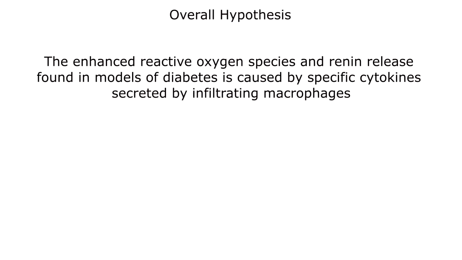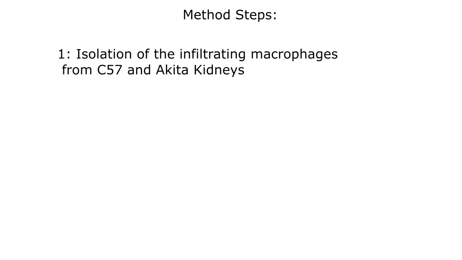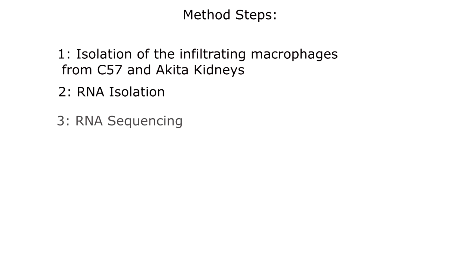The overall hypothesis is that the enhanced reactive oxygen species and renin release found in models of diabetes is caused by specific cytokines secreted by infiltrating macrophages. The specific goal for this project will be to identify the genes expressed in infiltrating macrophages in diabetes. The method includes 4 major steps: isolation of the infiltrating macrophages from C57 and Akita kidneys, RNA isolation, RNA sequencing,